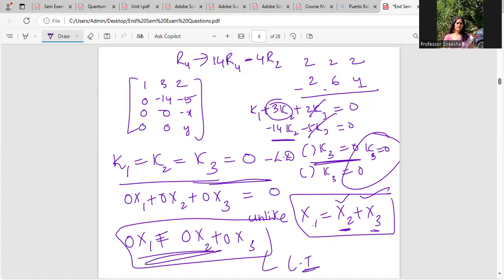I think I'm clear. Here they are dependent. Why? Because one vector is expressed in terms of the other two vectors, or vice versa. You can ask me, what if x2 is here? How will I write x2 value from this? x2 value would be what? x1 minus x3 would be x2. Yes? Any one vector can be expressed in terms of the other two, or likewise.